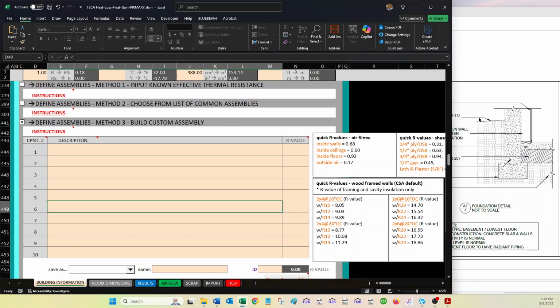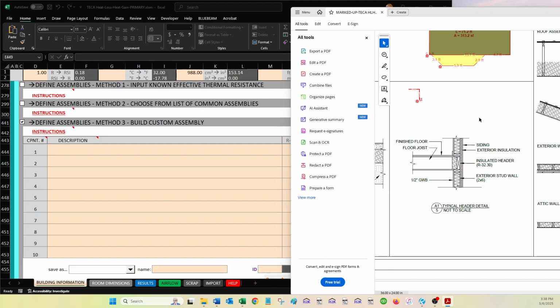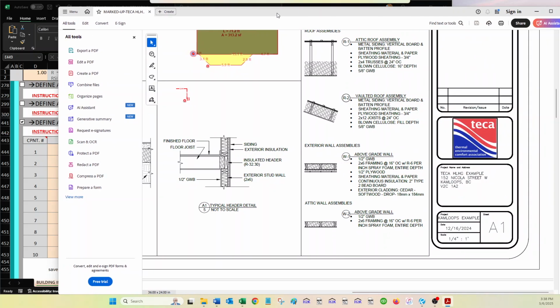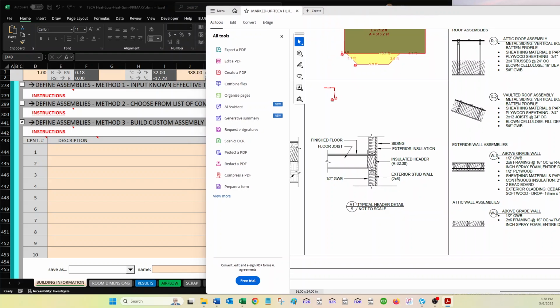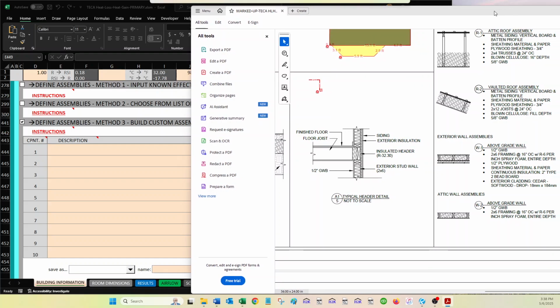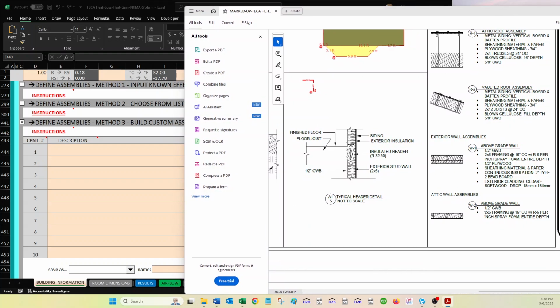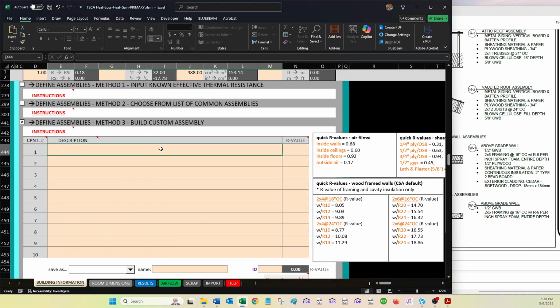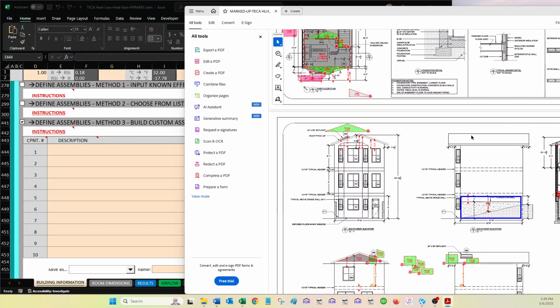Okay, now let's talk about defining our second wall type, which is W2. So you can see right here, we've got our attic wall, which is W2. What's different about this attic wall is that, first of all, this is any wall that's facing the enclosed attic. So up in our skylight shaft, we look